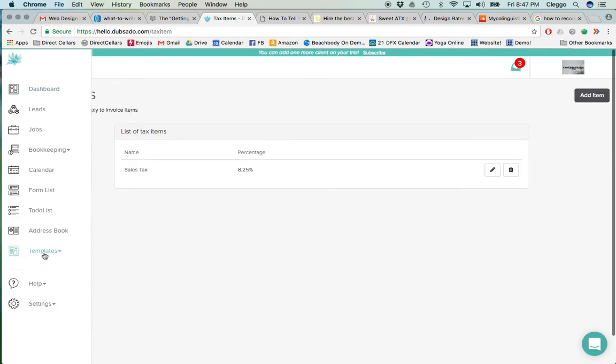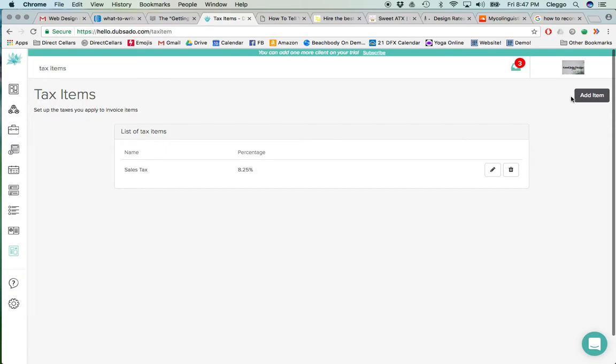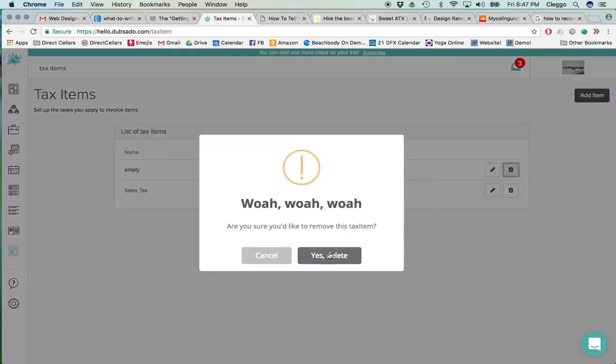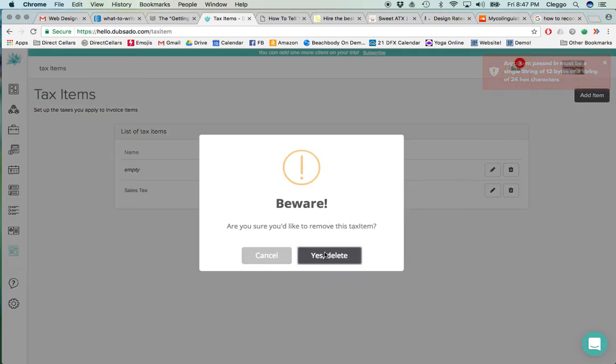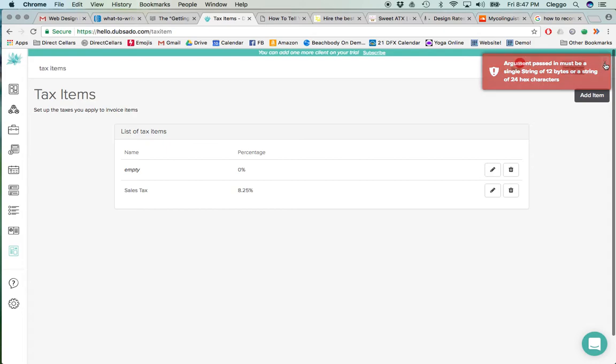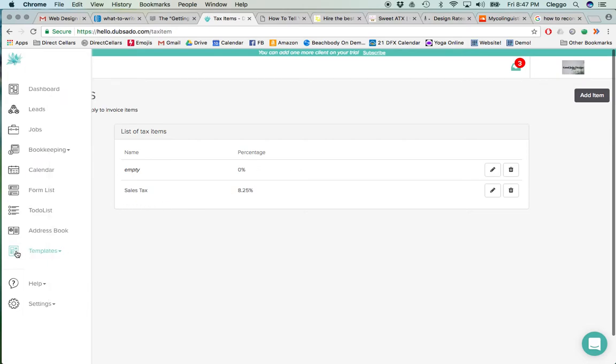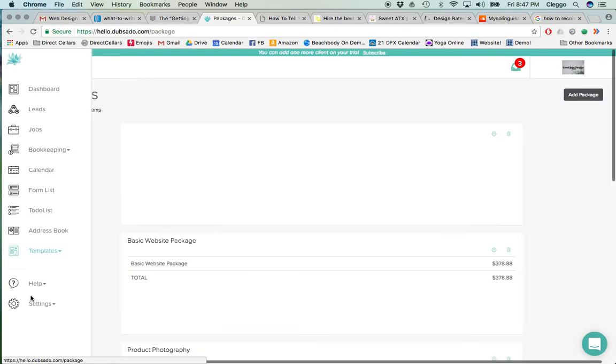So for example, if you go to tax items, I just added the sales tax in Texas. You just go to add new item, you type it in, hit save. Go ahead and do that because you will need it when you're building your invoices. And I broke it. Delete. Okay, well, ignore that. Anyways, add your sales tax if you live in a state that makes you tax services like I do. Then go to templates, and I'm going to show you the easy ones before I get to forms. Go to packages